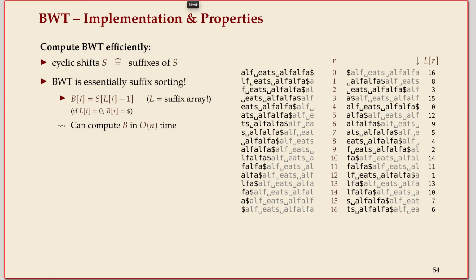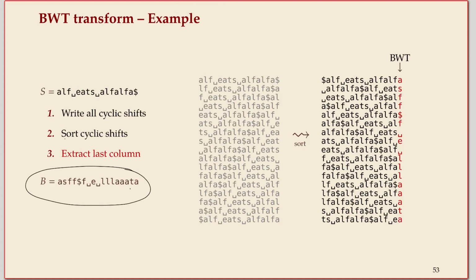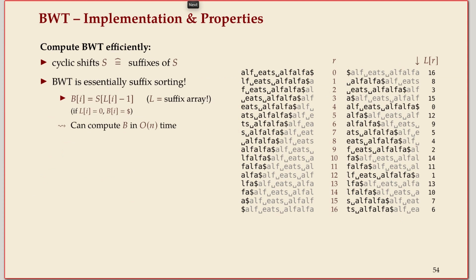Let's talk first about how to compute it efficiently, because this sorting step can be done using a general purpose sorting method, but that's not super effective. It could in the worst case be n squared, because comparing two of these cyclic shifts could take linear time if they have many repeated characters. But as we already saw,